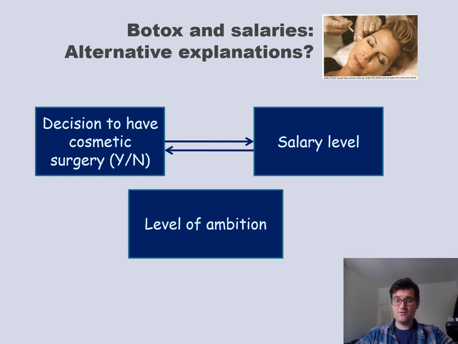There could be unmeasured third variables as well. So people who are highly ambitious may choose to have cosmetic surgery and also have higher salary levels, and those may be unrelated to one another, right? So it could be that there is no